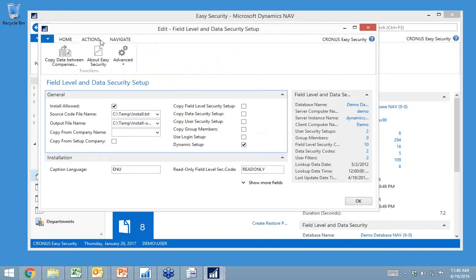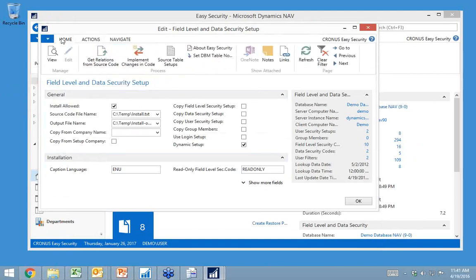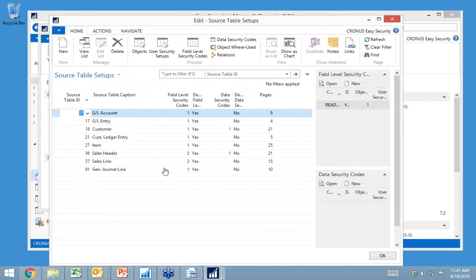At the same time we run this implement, we can later come back and delete all the changes. You normally don't want a lot of changes in your code, but this one is not like a normal one because the changes are written automatically and removed automatically. So there really is no difference if it's a custom or an ISV object. As long as you or your partner can export it to text, we can implement these features.